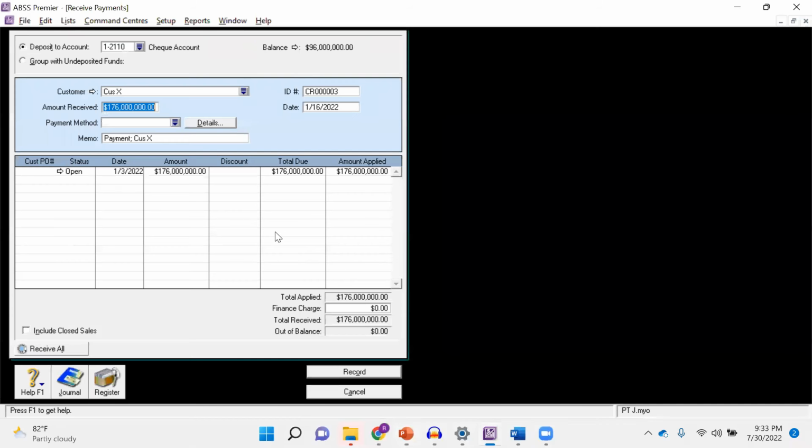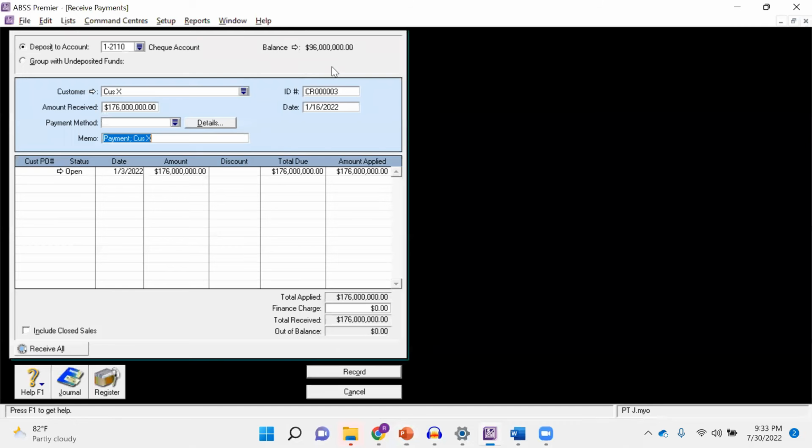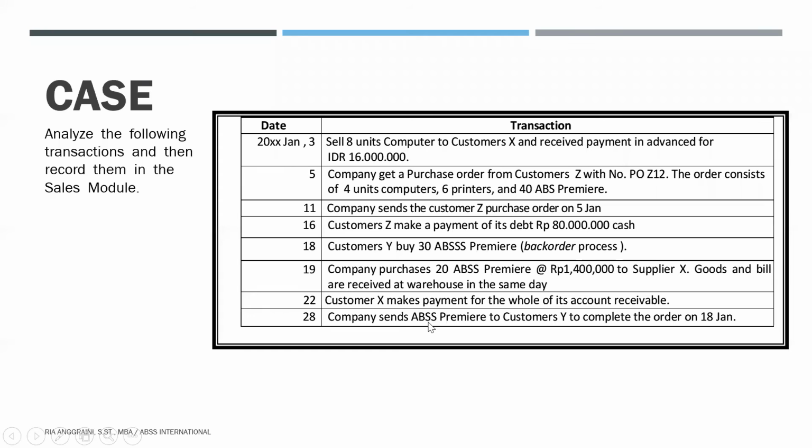The whole account receivable, so it means that the whole of it. So we can just adjust the date here to 22 and record it.